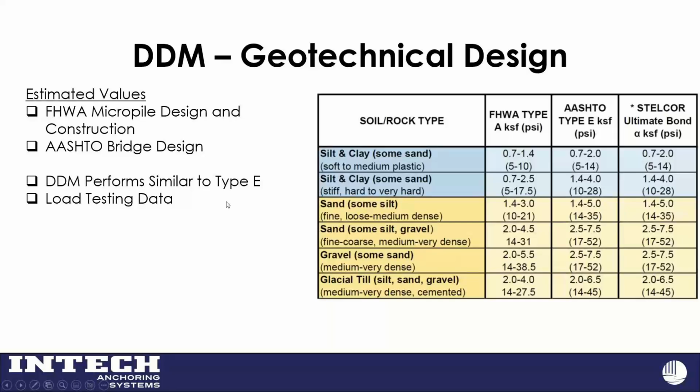The quick and dirty method is we got this manual, this table out of the FHWA. So FHWA type A is a gravity grouted pile. Type E, I believe, is the hollow bar type pile. Our load tests show that we live more in that type E with our performance of our piles. Here again, though, not going up into 40 or 50 PSI, lower middle range when we're in this type of